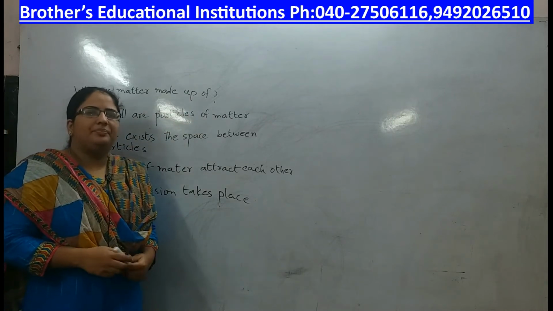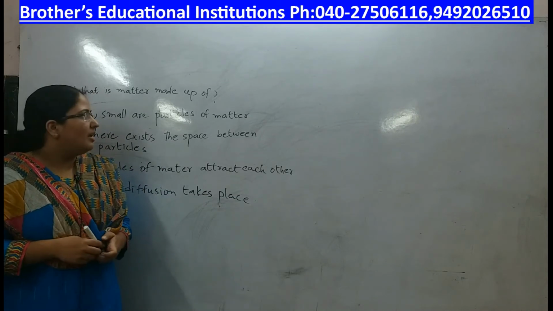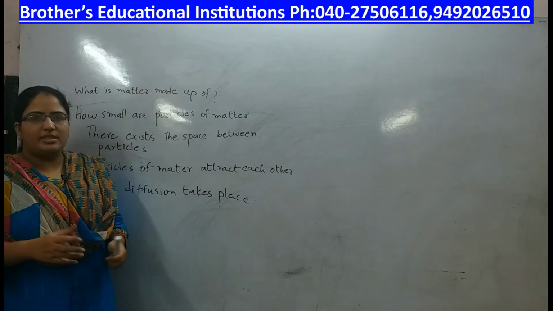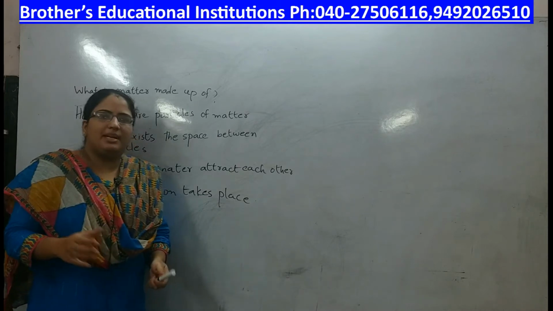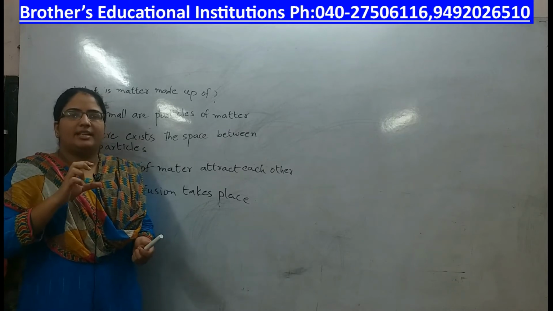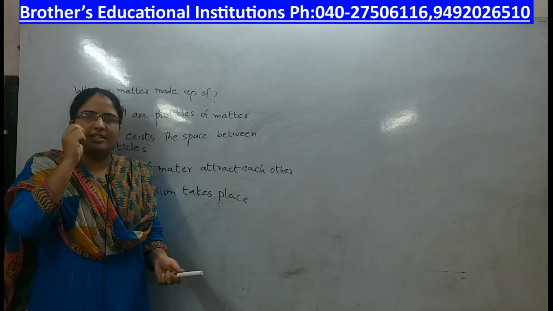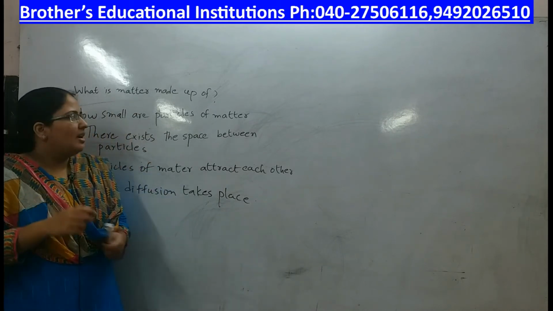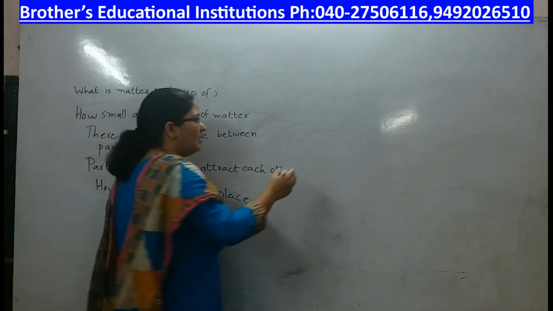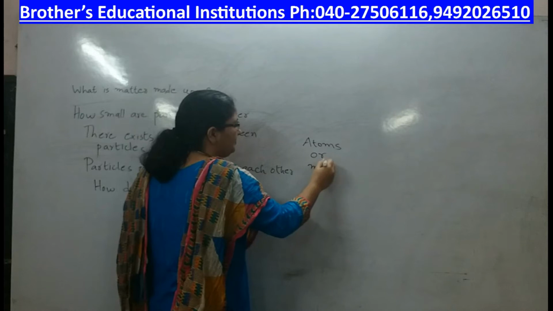What is matter actually? Anything which has mass and occupies some space is matter. Now the question is, what is matter made up of? You see different things around you. For example, let us take a wall. What is the smallest unit of a wall? A brick. Again, if you take that brick, it has some sand particles. If you take a single sand particle, it has further small particles. Like that, every matter is made up of small particles, the smallest particles called atoms or molecules.